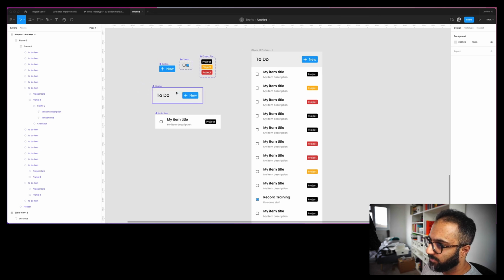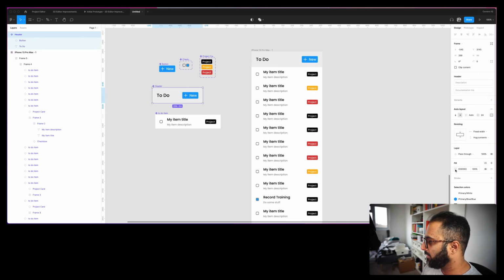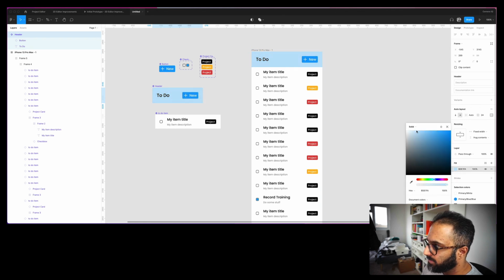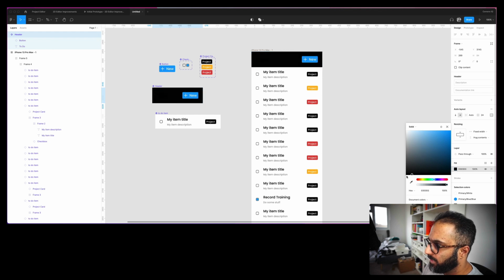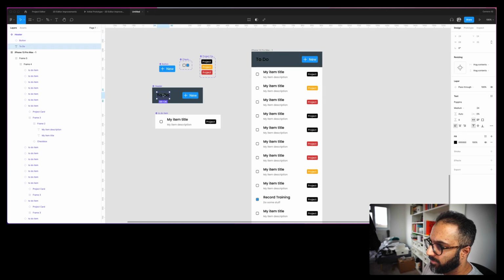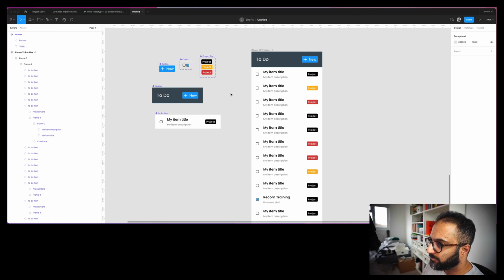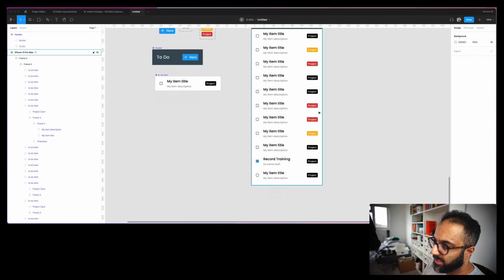Maybe I want to change this color background here to be like a light blue. Would that work? It could do, but then this thing clashes. So maybe we don't want to do that. Right? Maybe we just want to tone this. I could do that. Something like that, right? And then I'm going to make this white. Cool. So now you see very quickly, like we've made changes to a few components here, and it's updated our entire little UI